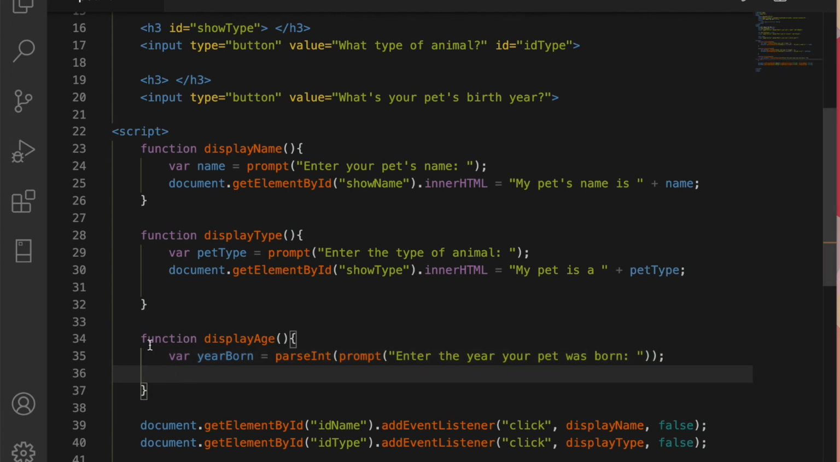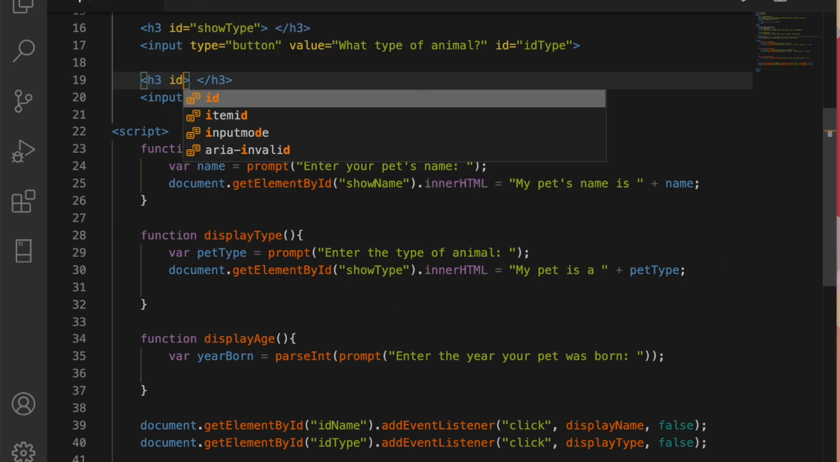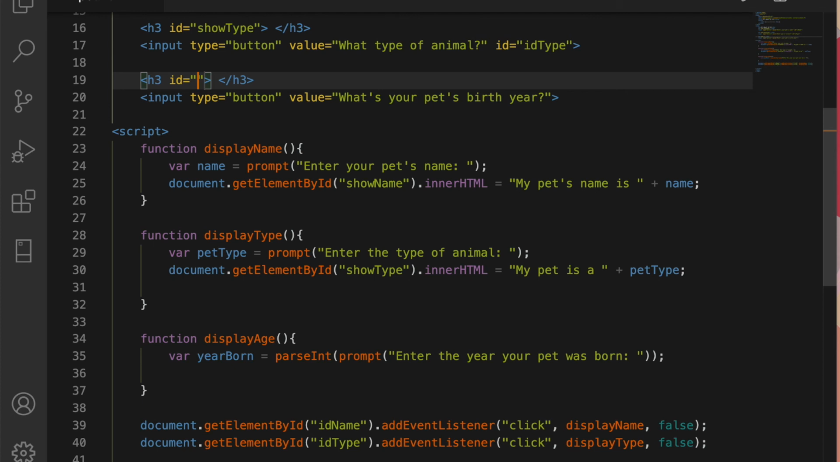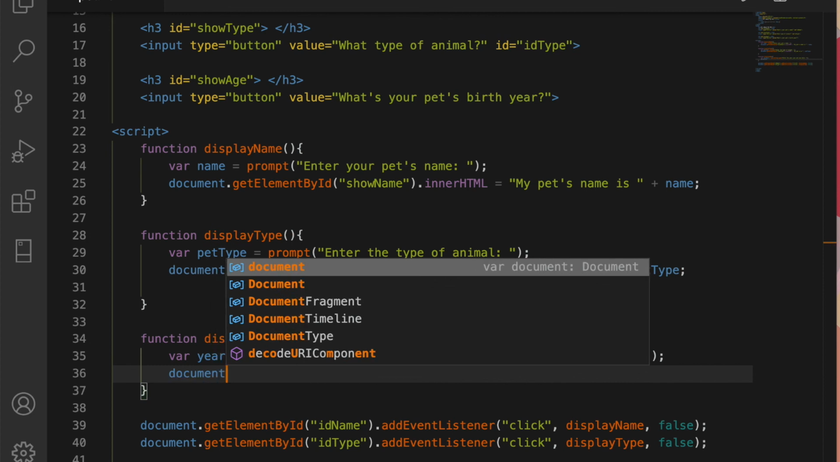Okay, we want the calculation to output in this H3. So let's give our third and final H3 a value. I'll say ID show age. So now that it has an ID, we can come to our JavaScript,